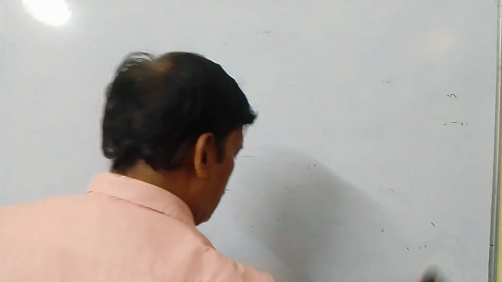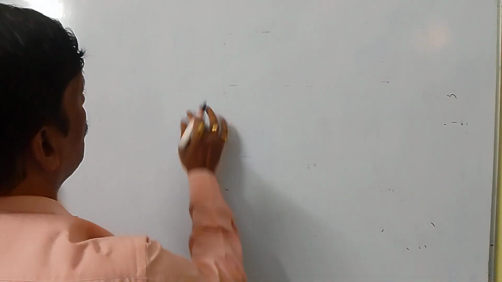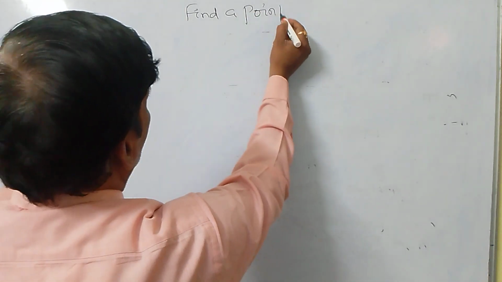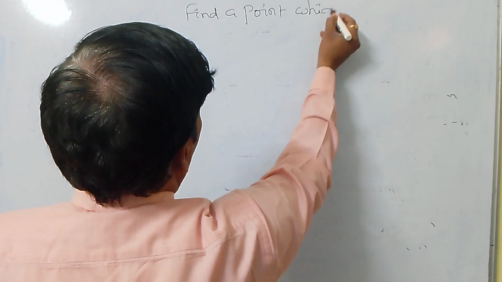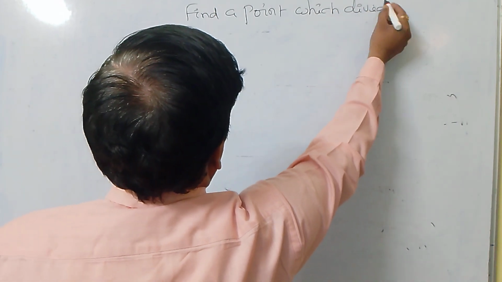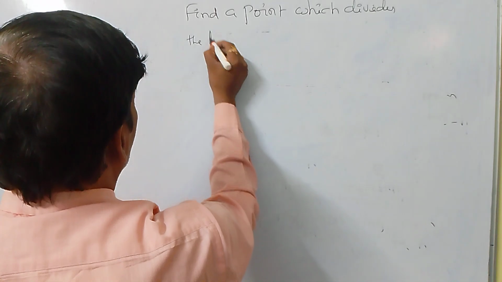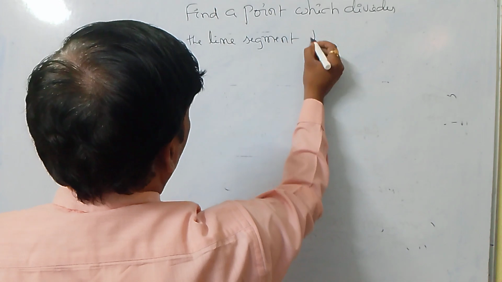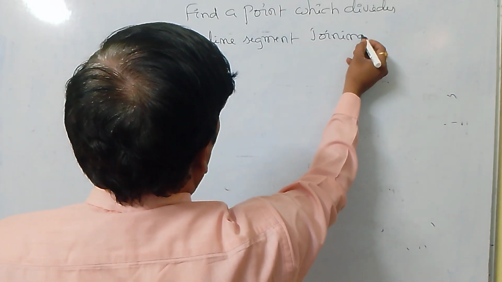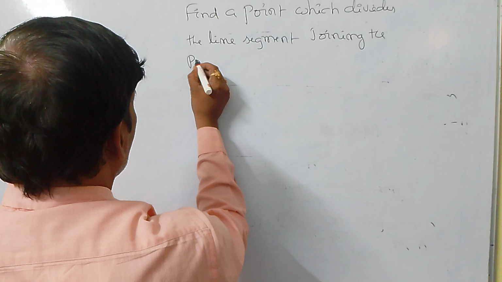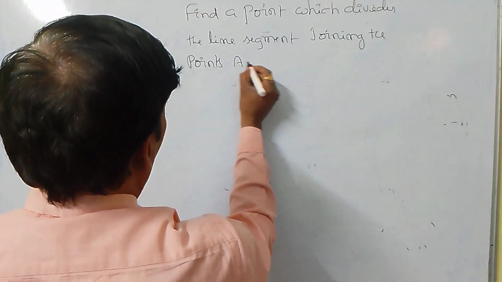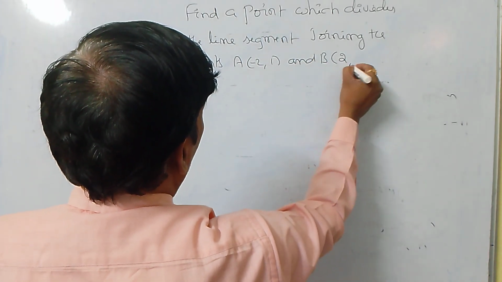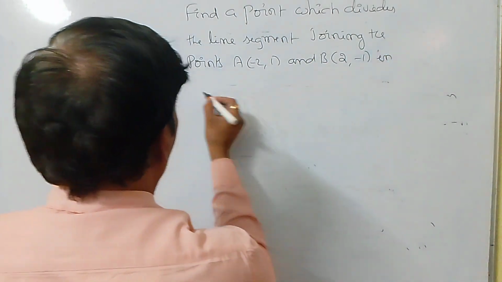See ma, the question will be given like this. Find a point which divides the line segment joining the points A (-2, 1) and B (2, -1) in the ratio